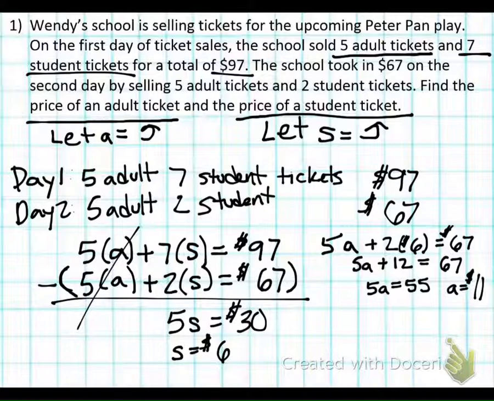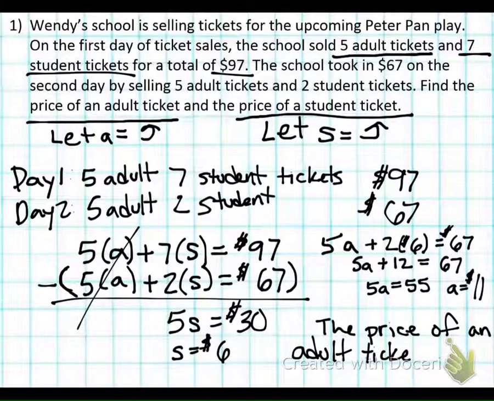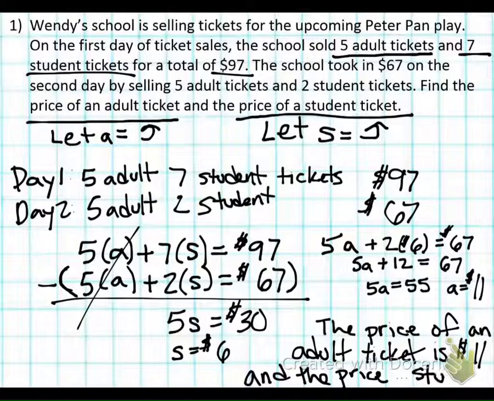That's reasonable. So for your final answer, for these, instead of writing it as a coordinate pair like when we normally solve systems, you want to write out complete sentences because it's a word problem. So you would say the price of an adult ticket is $11, and the price of a student ticket is $6. Of course, using complete sentences, I kind of shortened it to fit in that space, but you get the